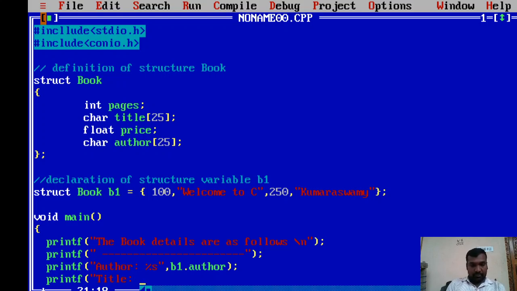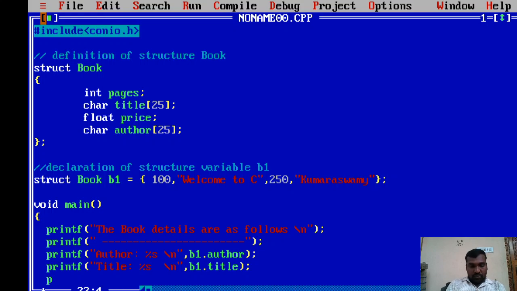the title. So the title is b1.title. Now printf and price. Price is a floating point, so b1.price.